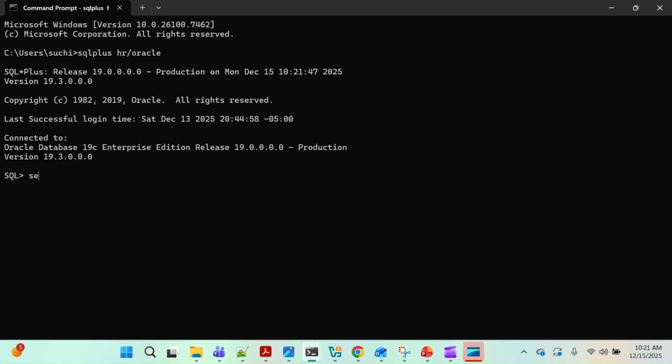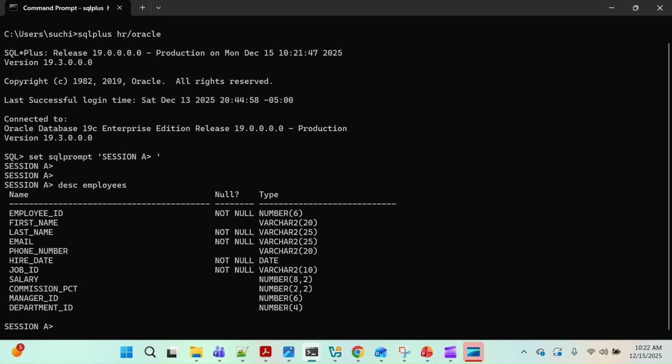This is my one session. Let me change the SQL prompt to, let's say, session A, and here I'm doing an update. So it's my employees record, update employee ID, set salary equal to 1500, where